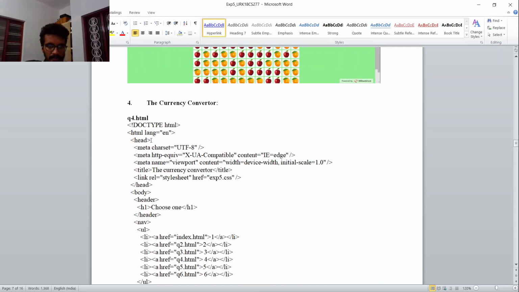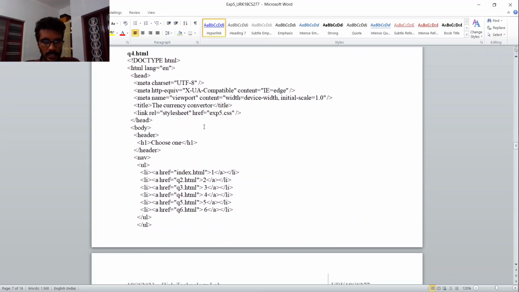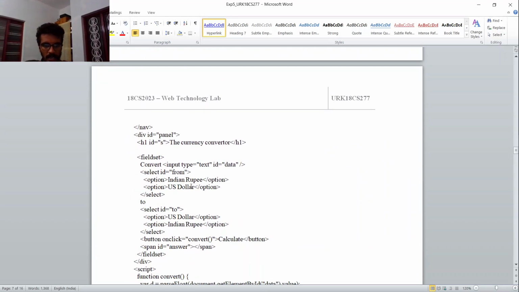Now the currency converter, Q4.html. For Q4.html, it has meta charset, meta http-equiv, converter, currency converter, stylesheet reference, and then the HTML. With the currency converter, the input type has two options, Indian rupees or US dollars.